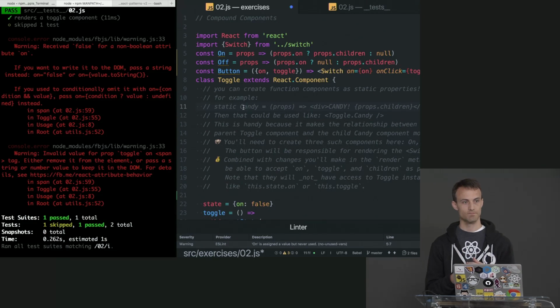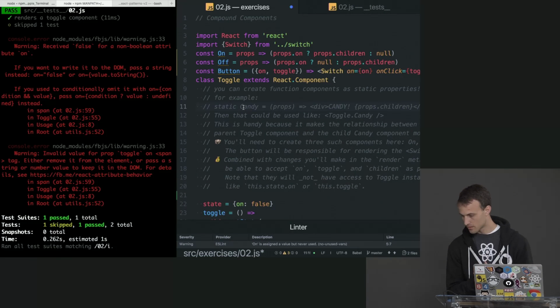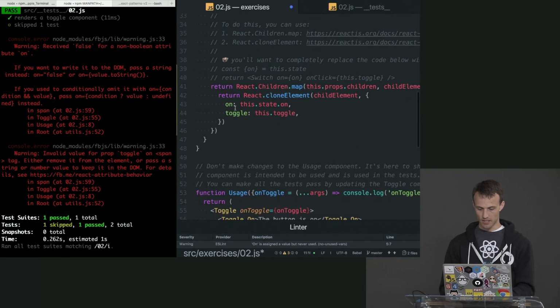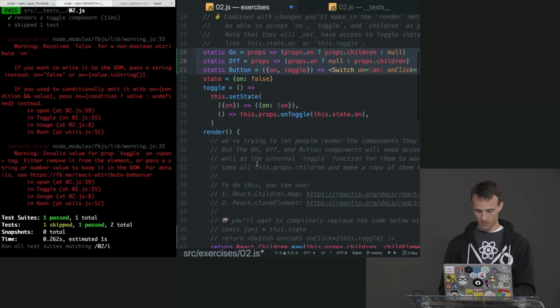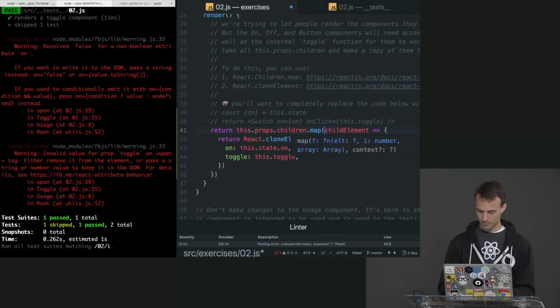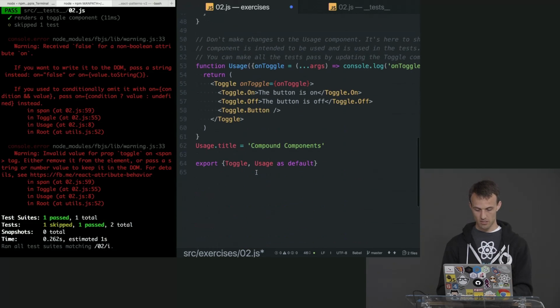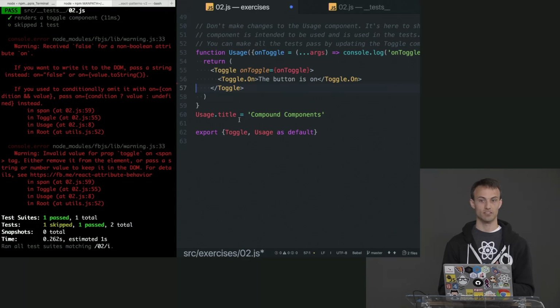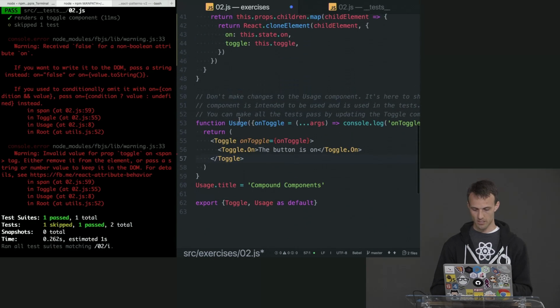Is there a question on chat? Can you use array.map instead of React.Children.map? Yeah, that's a great question. Let me restore things back to order here. So we could use this.props.children.map, and that would actually work in our case unless there was only one child. So React actually, when you have one child, children is assigned to that element rather than an array of those elements. If you're using Preact, it actually will always be an array, but in React, it can be just the one element if there's only one, which is why